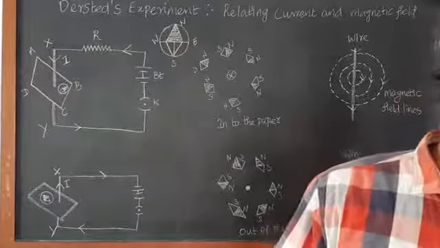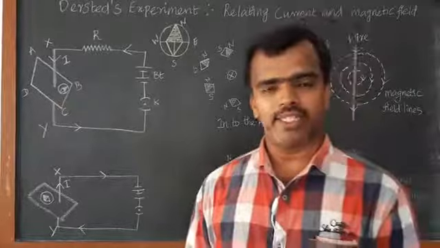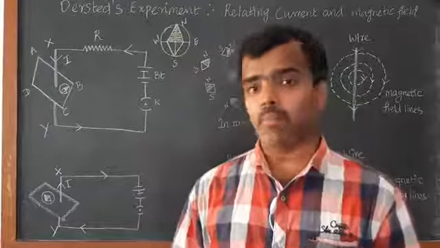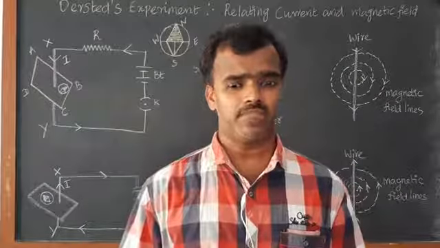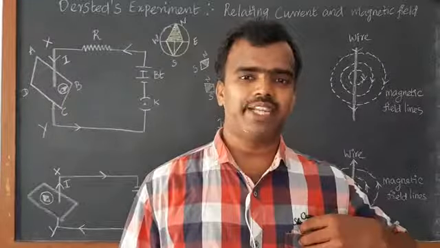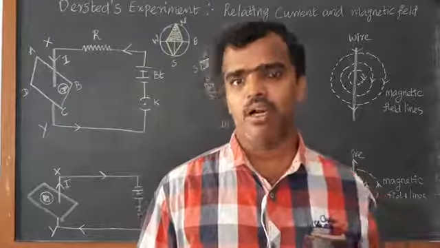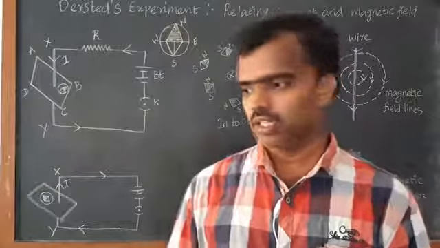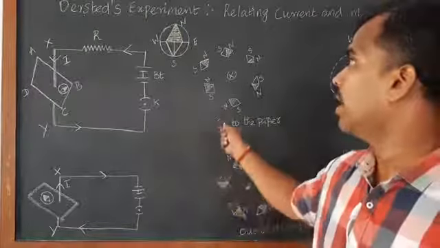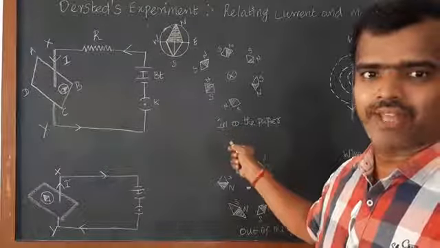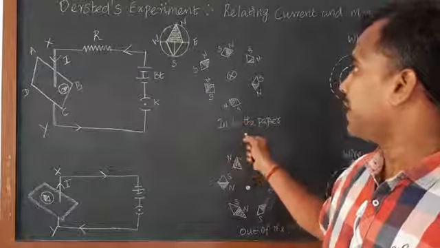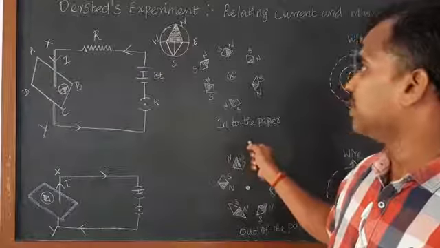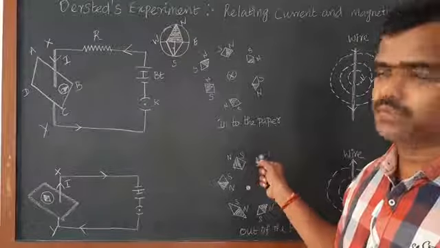The first one, Oersted's experiment. In that experiment, we are going to use a compass needle. What is a compass needle? The compass needle is just like a bar magnet. It has both a north pole and a south pole. Here I have drawn the typical diagram for a compass needle. This one points out north and this one points out south, which is very typical of a bar magnet.